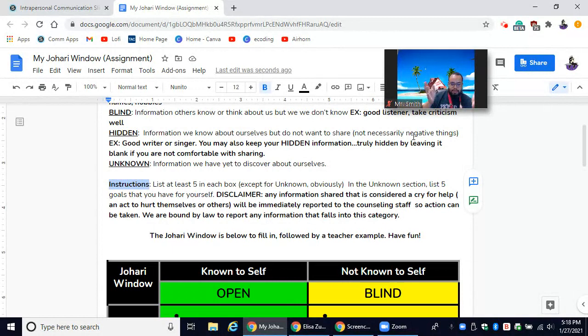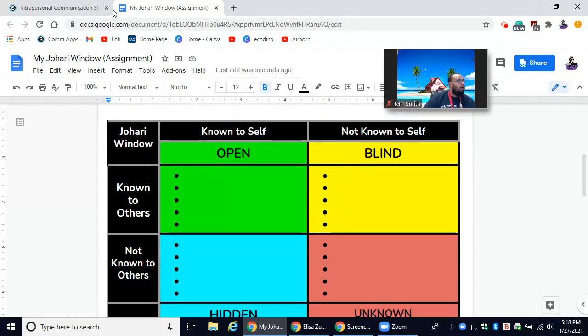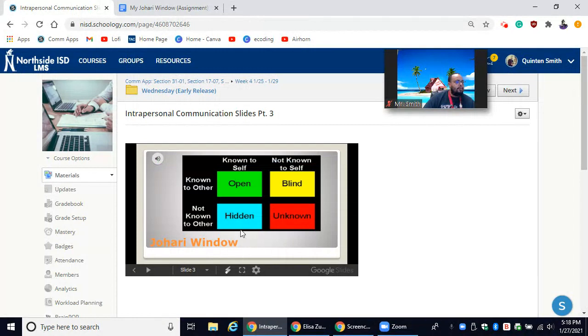I just want to make sure to get that out of the way because I know that when we talk about interpersonal communication, we might talk about some things that are uncomfortable, but it's still okay to talk about as long as we are being safe about it. So, that being said, if you scroll down, we look at the notes. I tried to make it based off of how it looked in the notes.